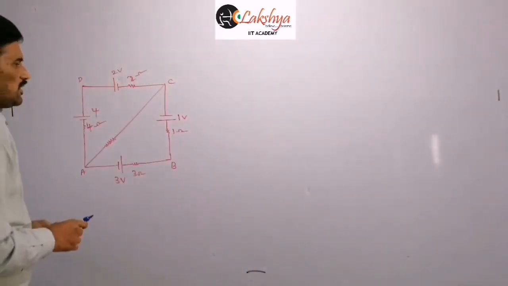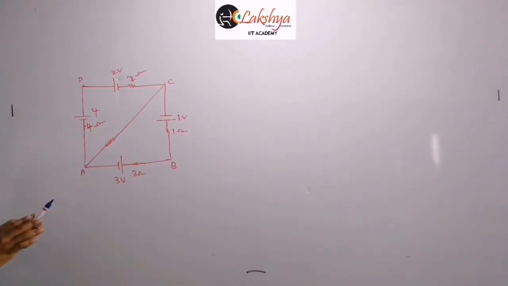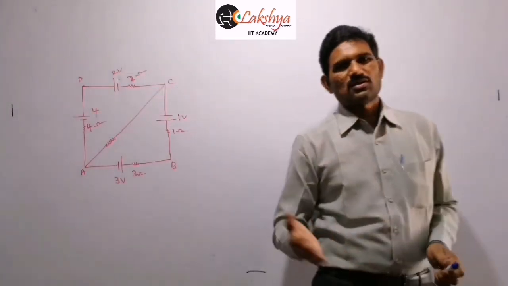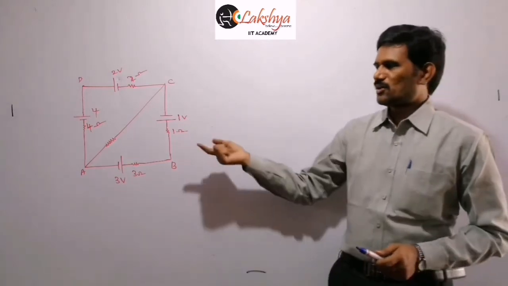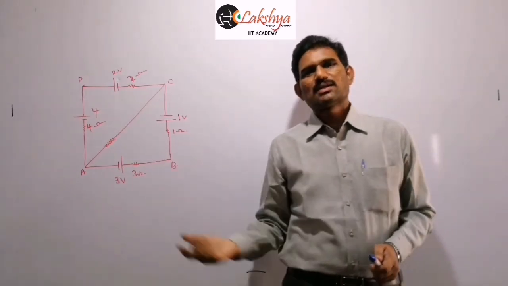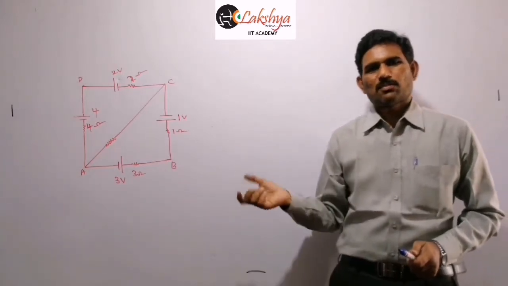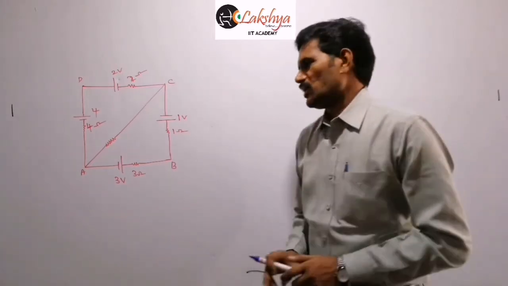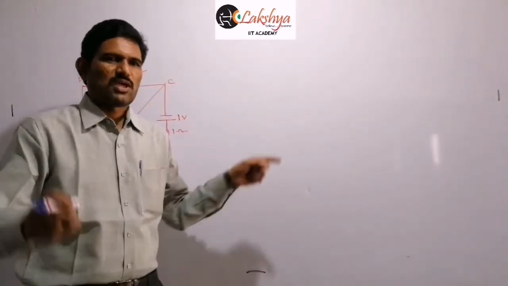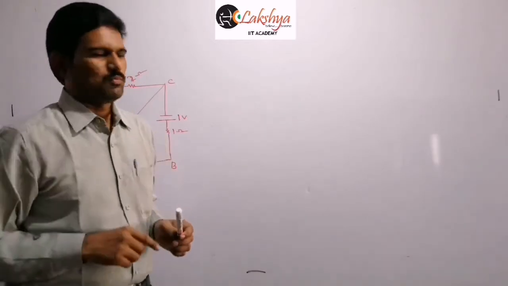Right? So now different cells are there here. So we need to take some current distribution first, and then after taking the current distribution, we find the current value. If you know the current value, then the potential difference between A and C you can easily find in this problem, because A and C are directly connected here. When A and C are directly connected, we can just apply this IR formula here, right? If they are not connected, then we follow our previous procedure. We assume a cell is connected between them, and then we apply the Kirchhoff law for the whole loop.